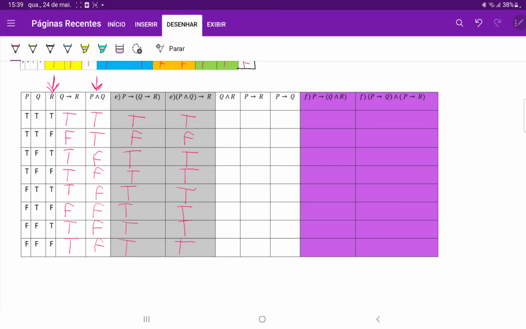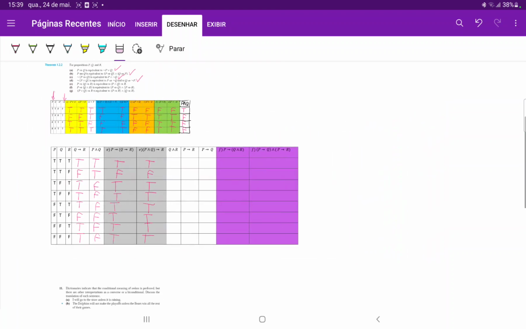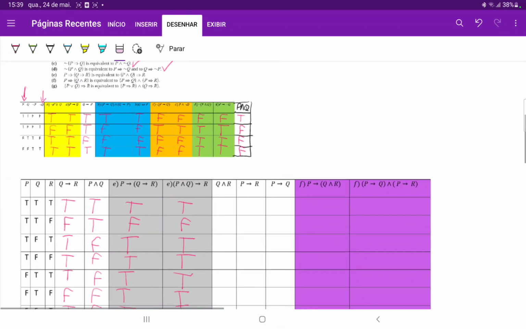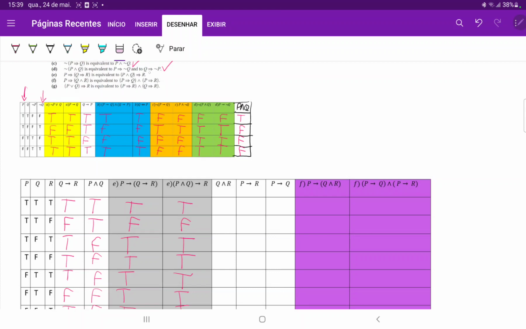They're almost all true except for the second line. So we have proved that the statement P implies (Q implies R) is logically equivalent to (P and Q) implies R. So let's put a little check mark next to E. And lastly, we'll do